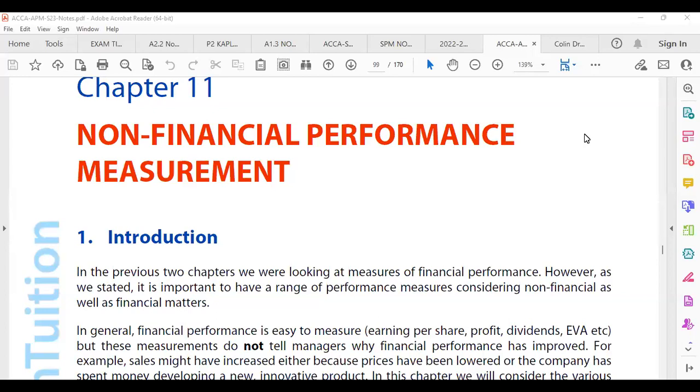And another time they could ask, if they charge this transfer pricing, show the statements of how it will be in the form of presenting the divisional performances. So that is more commonly what they set. Other than that, the theory issues, and that's it. You check that and you notice that.